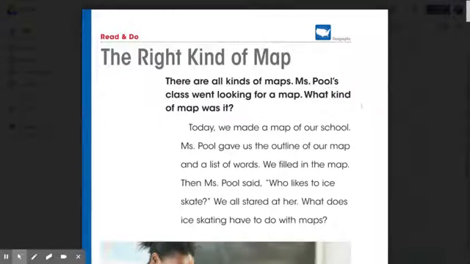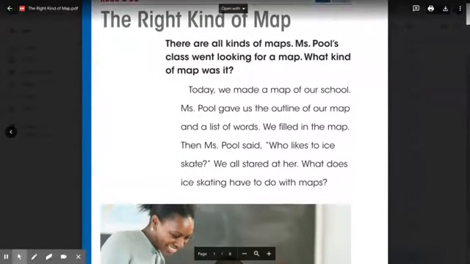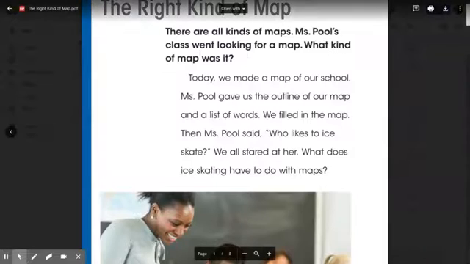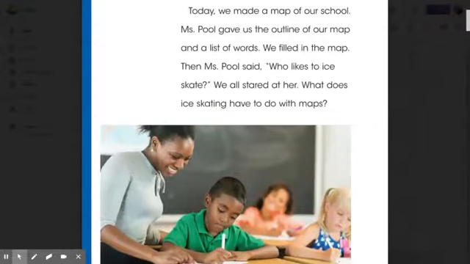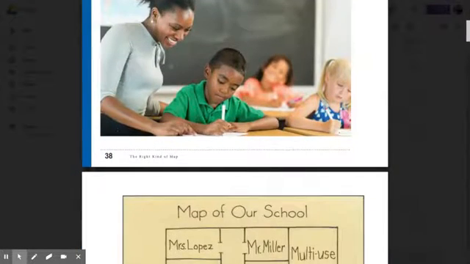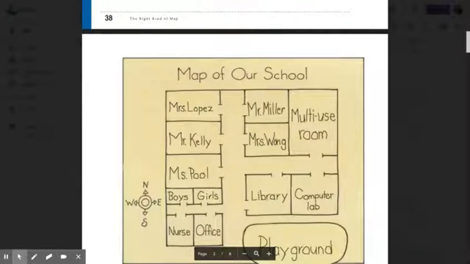The right kind of map. There are all kinds of maps. Ms. Poole's class went looking for a map. What kind of map was it? Today we made a map of our school. Ms. Poole gave us the outline of our map and a list of words. We filled in the map. Then Ms. Poole said, "Who likes to ice skate?" We all stared at her. What does ice skating have to do with maps? Okay,